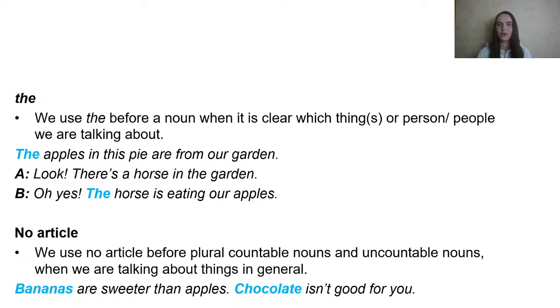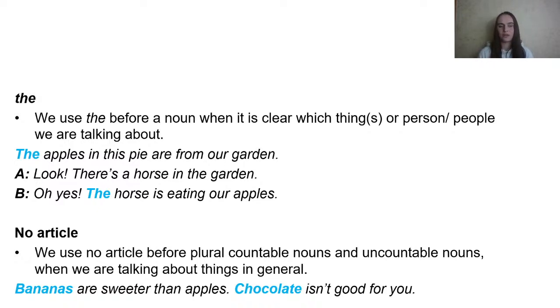Like, our apples, we cannot say, because we have here the pronoun our, right? Our. So that is why, when we have pronouns, we use no article, because the pronoun substitutes the article. And this is the thing that you may remember: when you do not really know which article to use, you may always use a pronoun before a noun. My apple, for example, you may say. And that is why you do not need to use any articles anymore. So when you have the pronouns, you do not have to use any articles in this case.